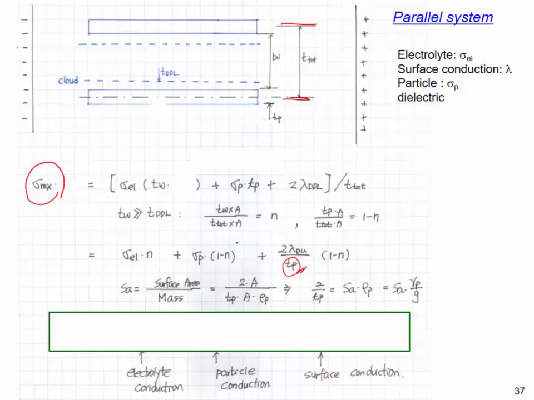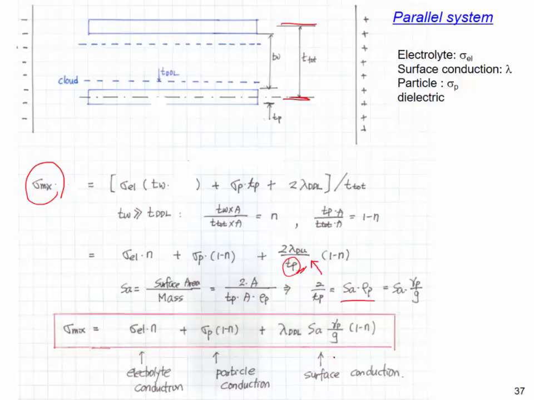So then, according to the definition of the specific surface area, area over mass is 2 over thickness times rho p, where rho p is the particle density. So the 2 over Tp will be the specific surface area times the particle density. So this goes to here, and the final equation can be expressed